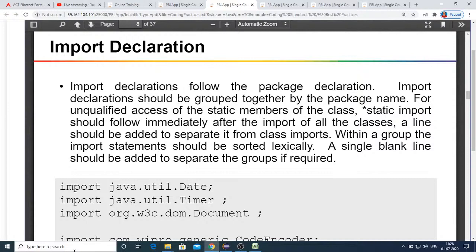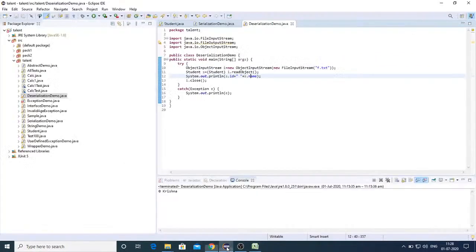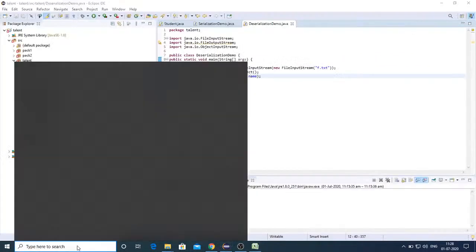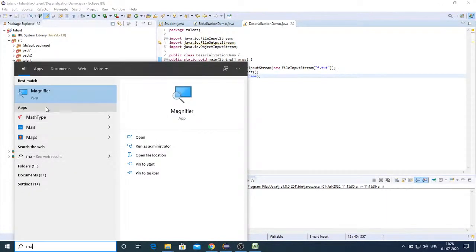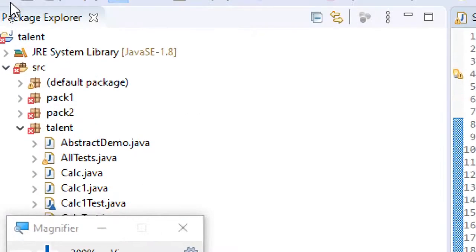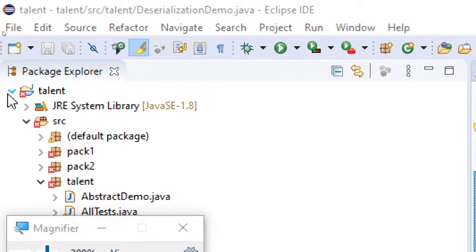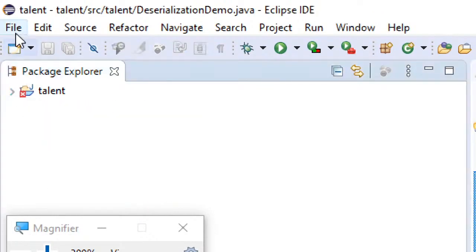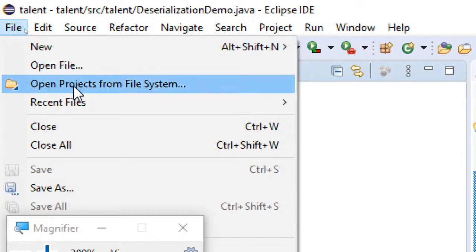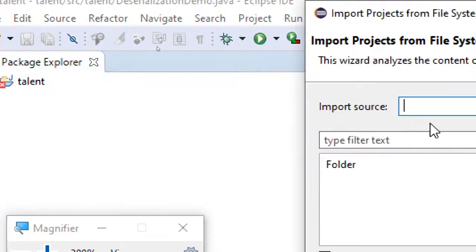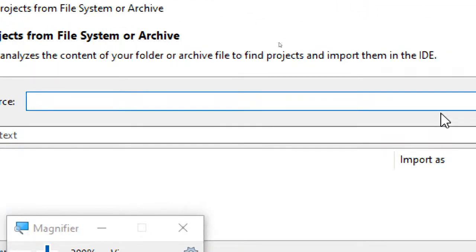For your demonstration, I'll import the project which I got for the Wipro certification exam, for your understanding of how it looks, just to show you that. Let me open the project which I have got.